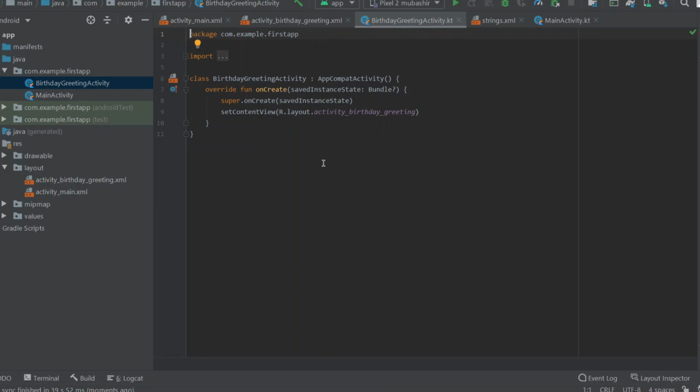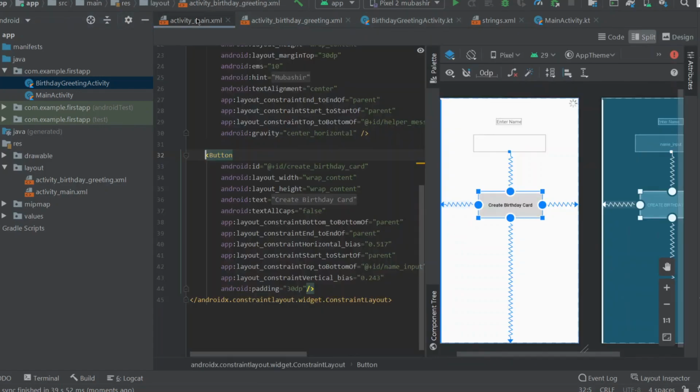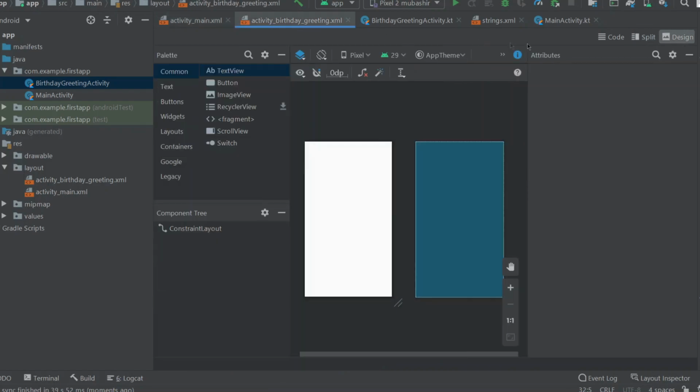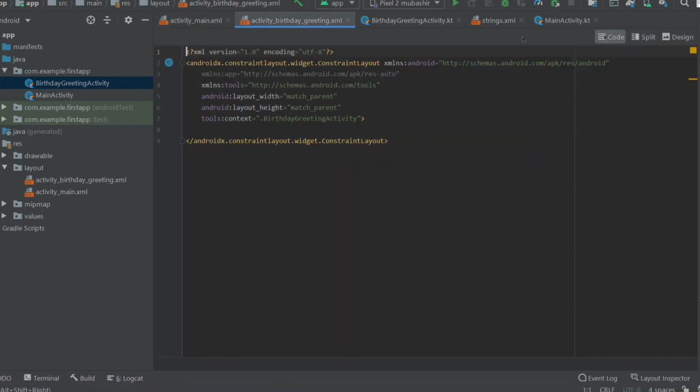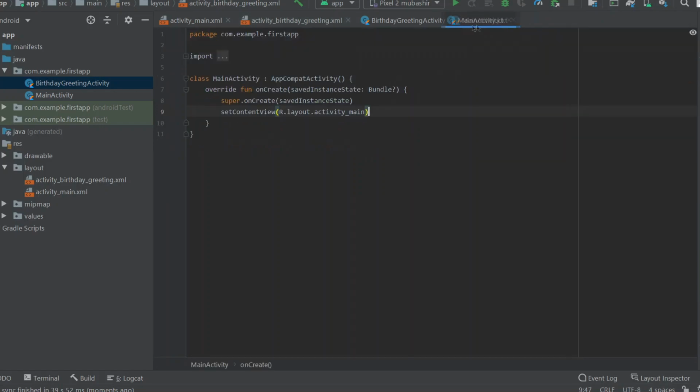So here the Gradle build is completed. Let me get back to here, and we gave this ID like create birthday card. So to open a new layout, let me close this main activity and bring this here.